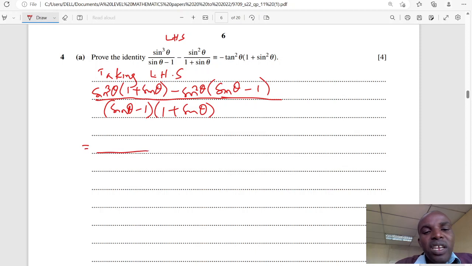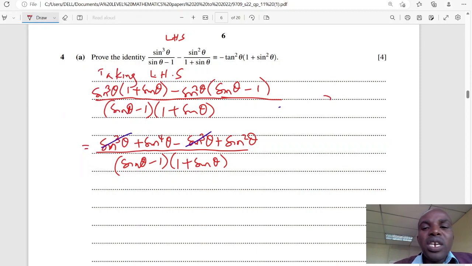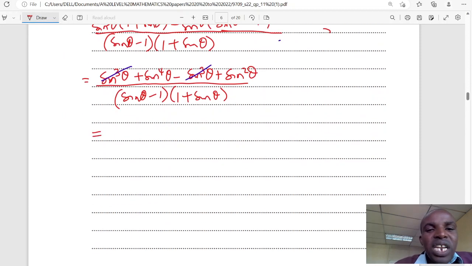Now you can just simplify, but maintain your denominator. Sine theta minus 1, then 1 plus sine theta. Then it will be, remove the bracket, sine cubed theta, then plus sine to the power 4 theta, minus, this will be sine cubed theta, then plus sine squared theta. Then as you can see, sine cubed and sine cubed you cancel out. We'll be left with sine to the power 4 theta, then plus sine squared theta over,